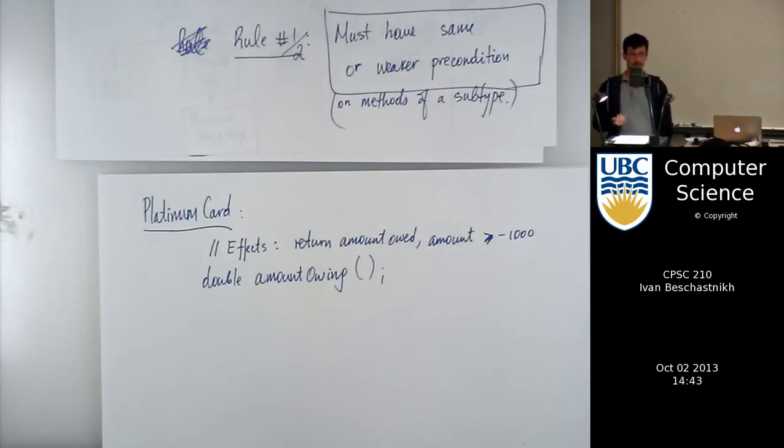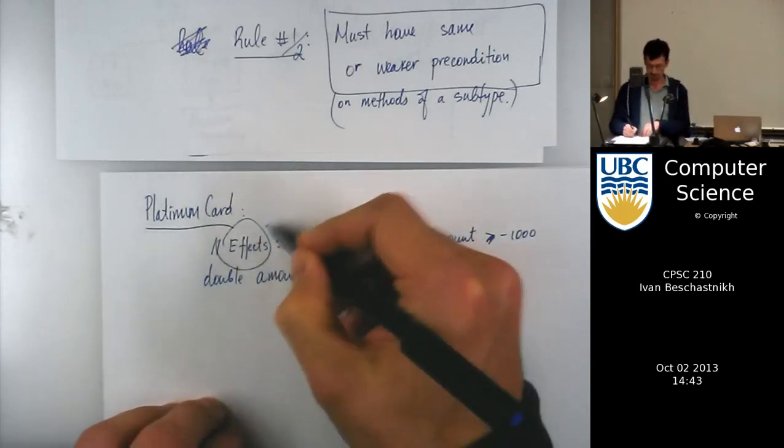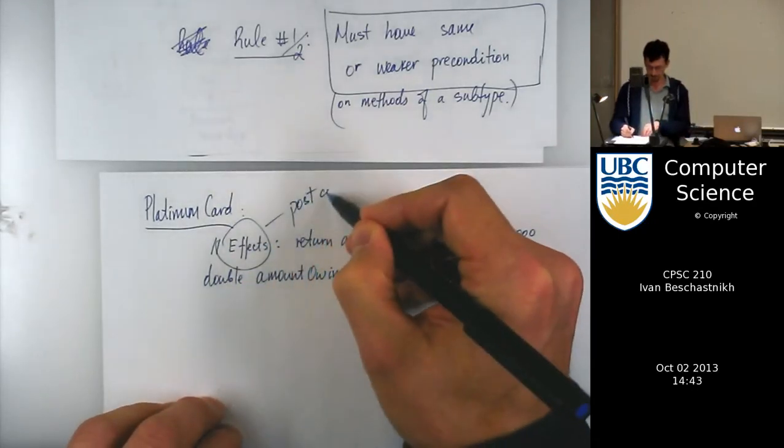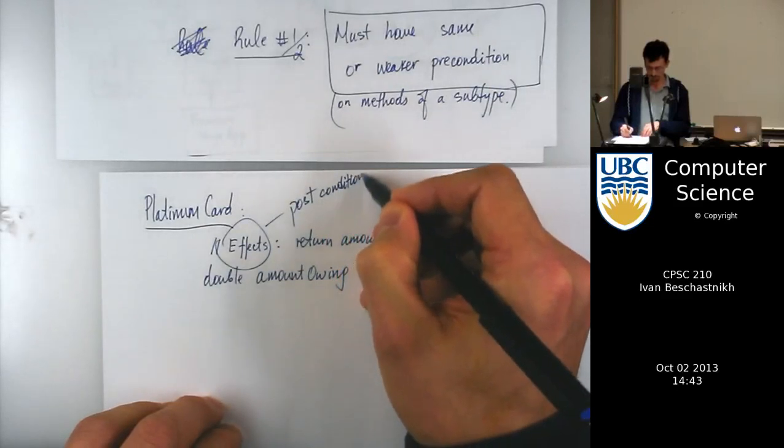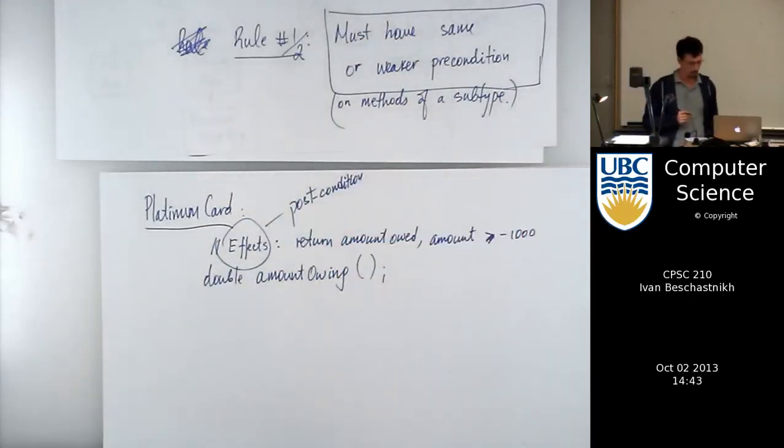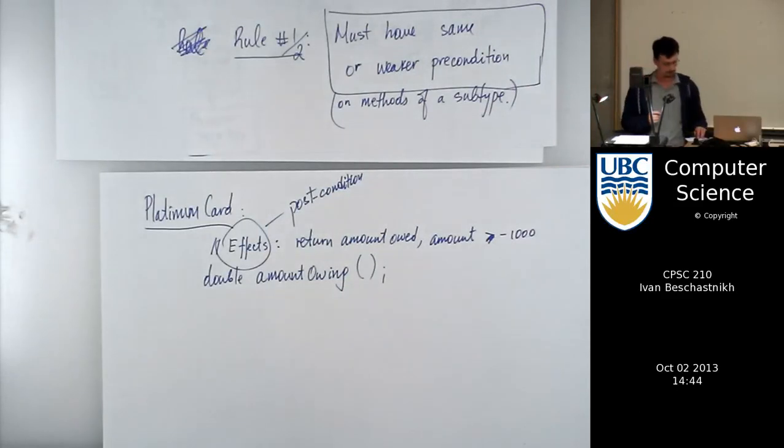So you could have credit on your credit card, right? It could be that maybe they gave you back some money, some cash back, and the amount owed is actually negative. So this could be a potential postcondition, or this effects is a postcondition on this method, the amount owed. So now we've come up with this scenario. Now let's see what might be a potential problem in the postcondition sense of substitutability.